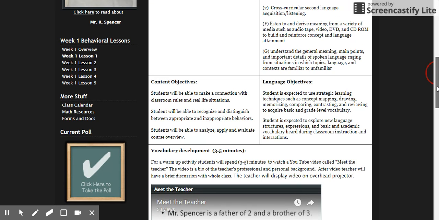The content objective is students will be able to connect. Students will be able to make a connection with the classroom rules and real life situations. The students will be able to recognize and distinguish between appropriate and inappropriate behaviors, and the student will be able to analyze, apply, and evaluate the